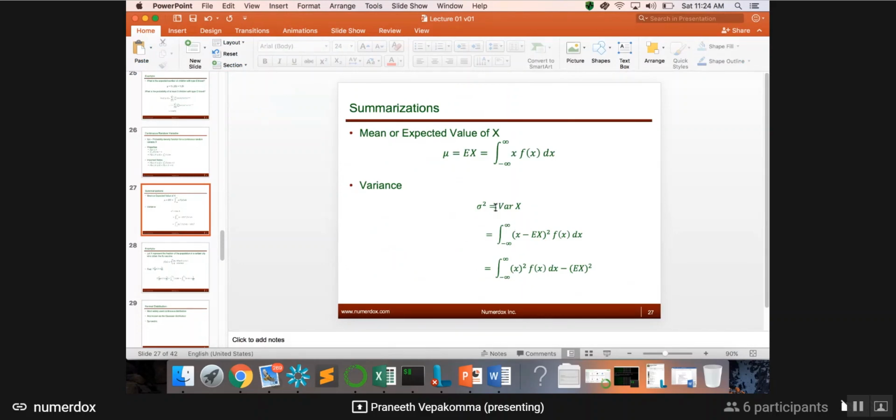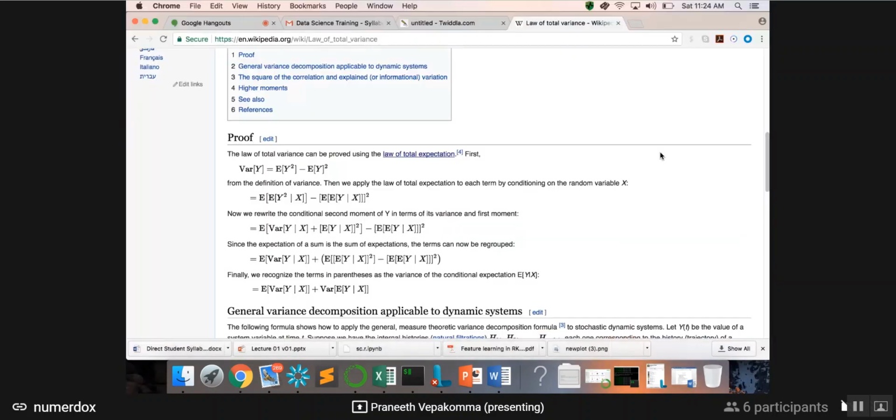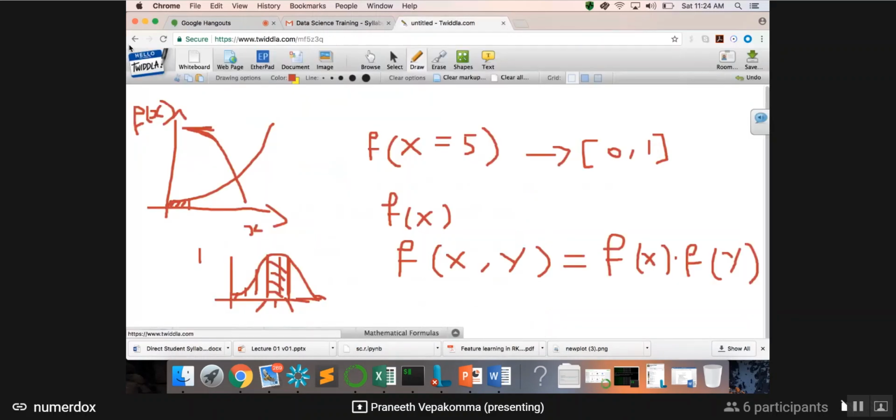Because it is saying that the variance can literally be equal to the expectation of x squared minus the expectation of x, whole squared. The expectation of x squared is given by, just like expectation of x is x times f of x dx, x squared times f of x dx. So what I will do for you, Venkat, is in the continuous case as well as in the discrete case, write down the derivation of how you went from here to here and send it over with the paper. It is known as the law of total variance. As you know, Wikipedia is not very clear, so I will give you the right source and also write down the derivation and send it to you.